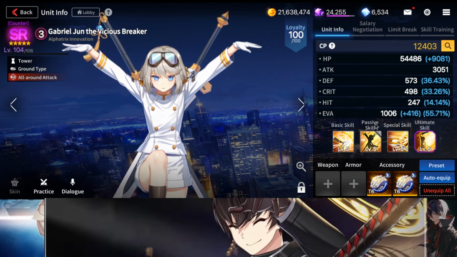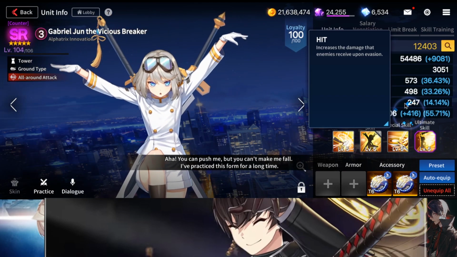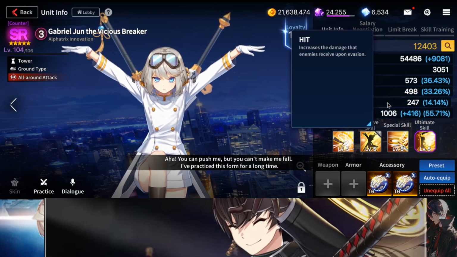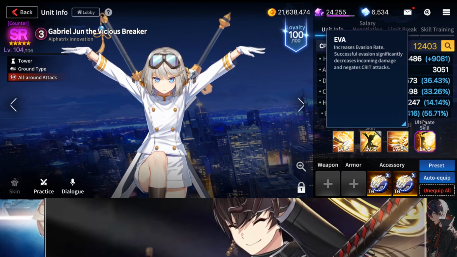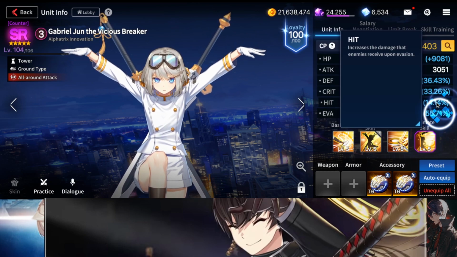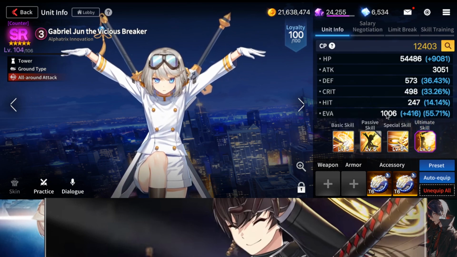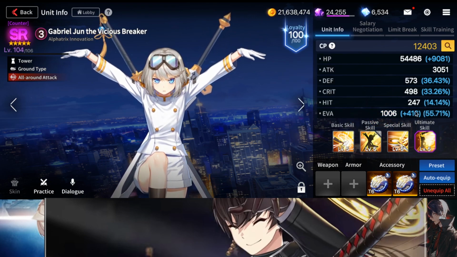Now there is a couple of things that you should know that I will be listing as a subtitle somewhere around here, or maybe up here. Pretty much if you have enough hit over evasion, you will be able to guarantee a hit. However, it is not the flat numbers, it's pretty much the percents. So it's around like 1.9 times of evasion or hit to be able to guarantee a hit, because the formula